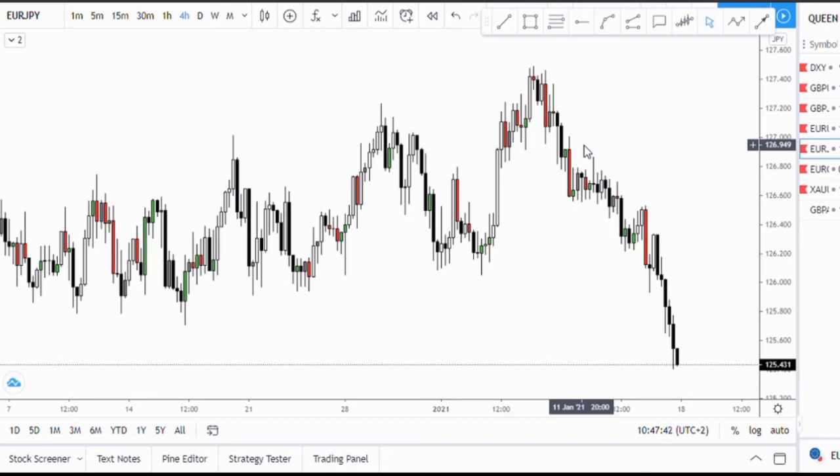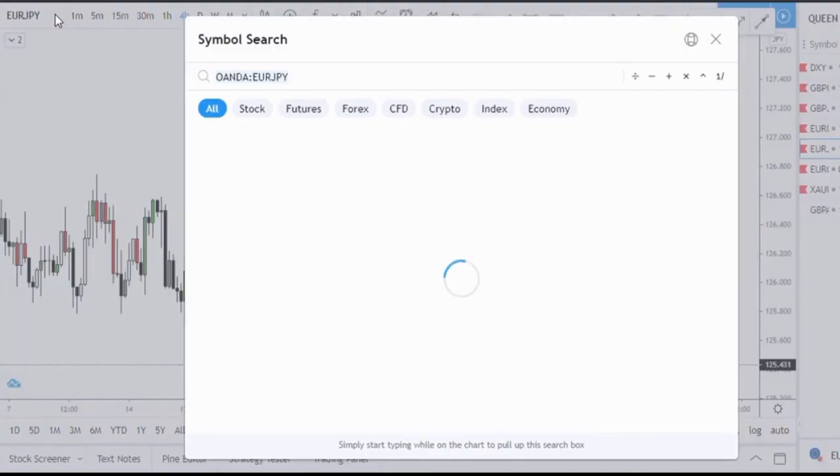So now we're on to the New York session. The New York session is mostly about USD and CAD. When we look at CAD, there isn't much that you can trade on CAD, because if you look at CAD JPY,